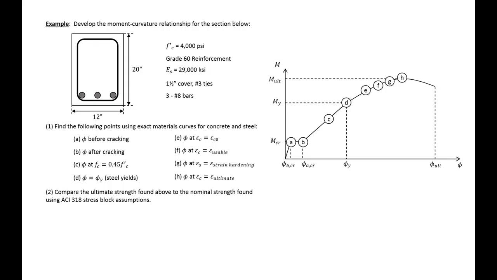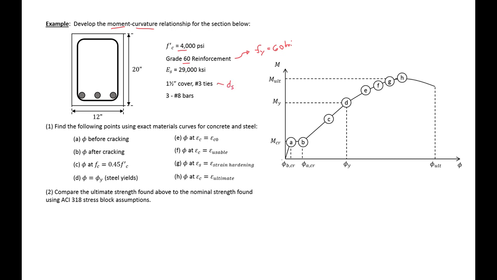In this example problem, we're going to be developing a moment curvature relationship for the section shown below. We have a 12-inch by 20-inch section with 4 KSI concrete, grade 60 reinforcement, which means that our Fy is equal to 60 KSI. We have stiffness of our steel, 29,000 KSI, and a 1.5 inch cover for number 3 ties,